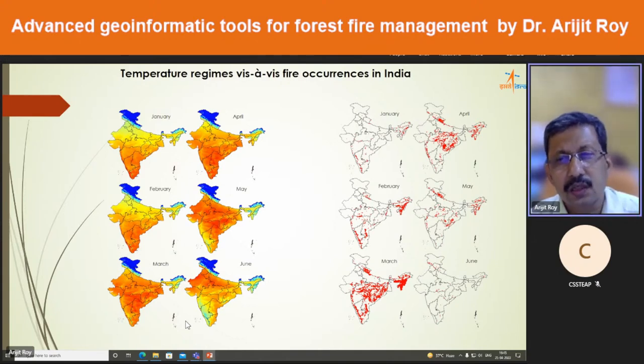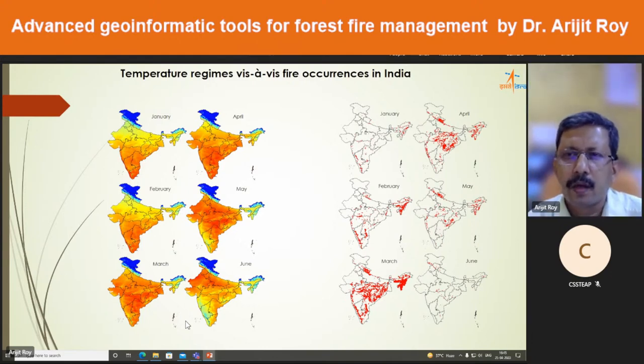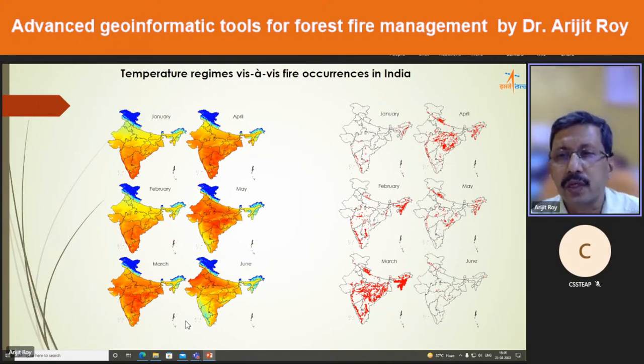You also see that there are a lot of fires in the northeast region, but it's mostly because of the June cultivation. Then during March, almost the entire subcontinent is hot, and you have fire activities across the country. In April, most of the fuel in the southern part of the Indian subcontinent has burnt off. So you have the forest fires in the central part and in northwestern India, that is the Himalayan region.